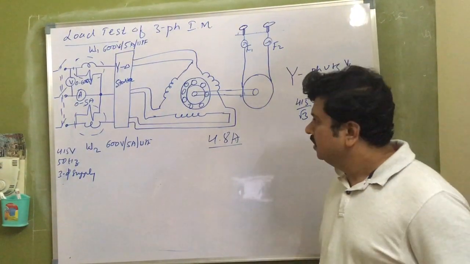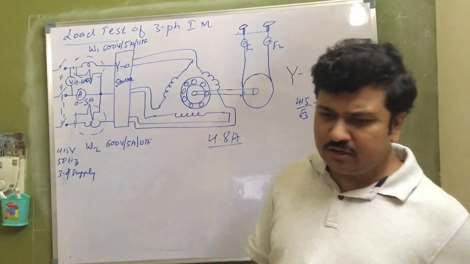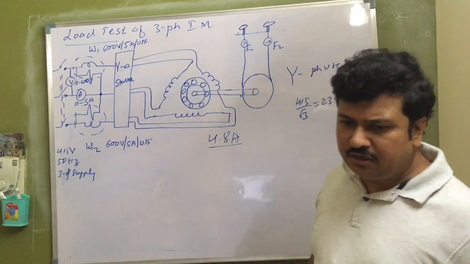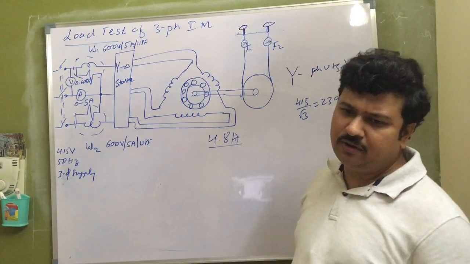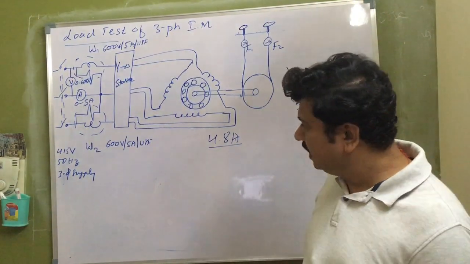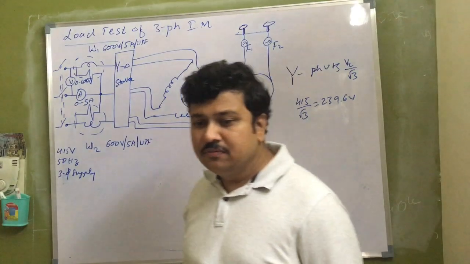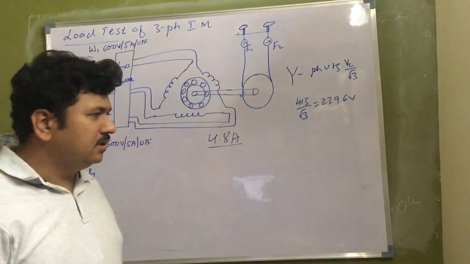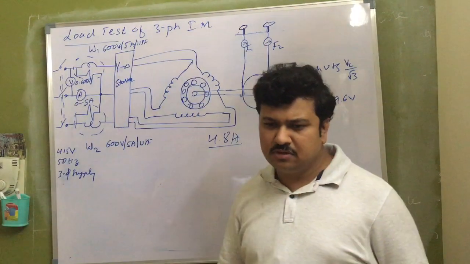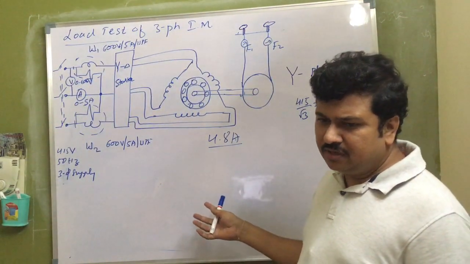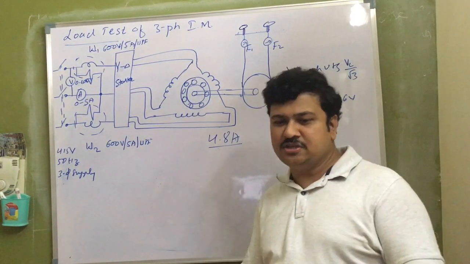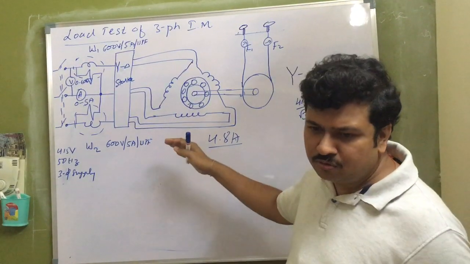So here, once I start the motor at no load, I go on increasing the load in steps such that I cannot increase the load beyond the rated current, and I start noting down all the values of the meters at each step. Now I go on observing what readings I get. Please don't think that I will just give you some set of readings and we will go for the calculation. This is actually a very good time for me to explain the entirety of an experiment rather than simply explaining how to get the values.